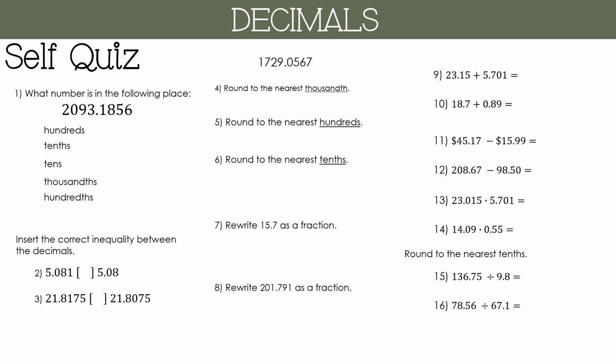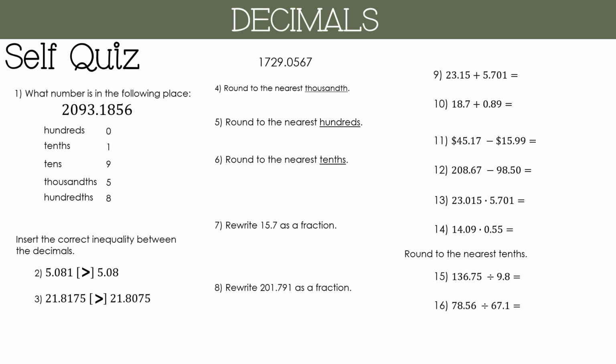Here's the self-quiz. What I want you to do is pause the video, go through the quiz, and then press play to check. All right, let's see how you did. The hundreds place is 0, the tenths place is 1, the tens place is 9, thousandths place is the 5, and finally the hundredths place is the 8. For number 2, did you get greater than? What about number 3? Yep,